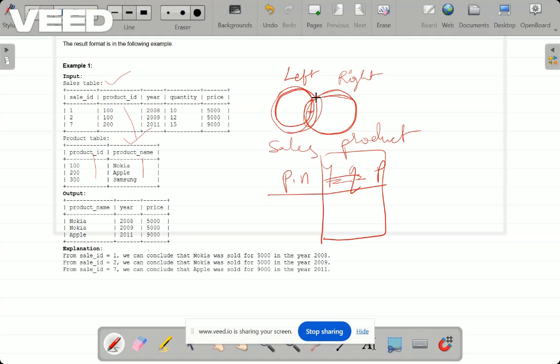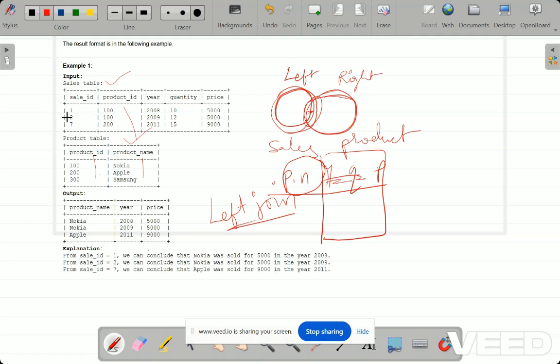Everything we need from the sales table, so we have to use a left join. Joining means if the ID is there, only then can we join and give the name of the product. So a left join is fine, and if we left join, we should be able to list the name from that joined collection. Is that fine? You have understood, right?